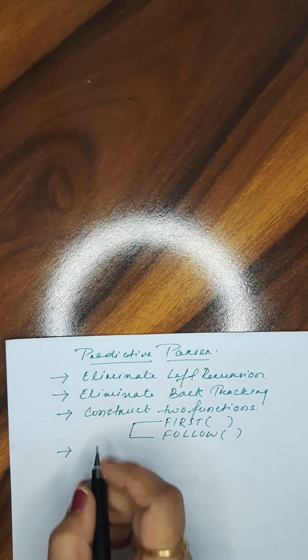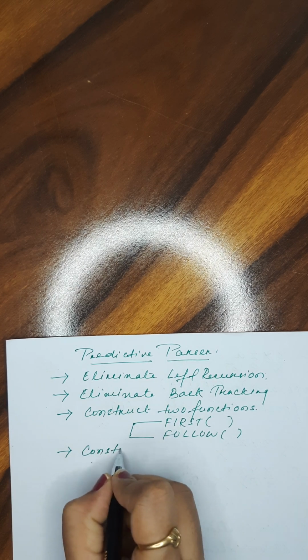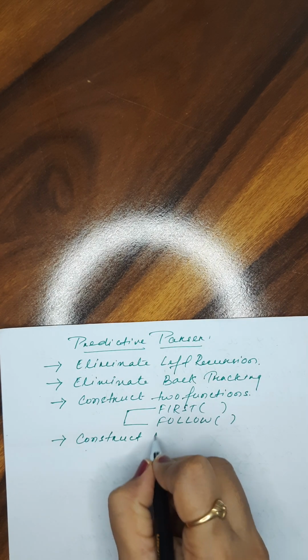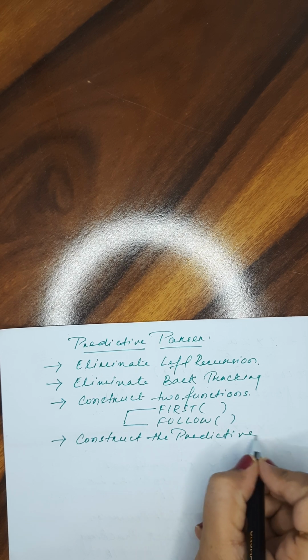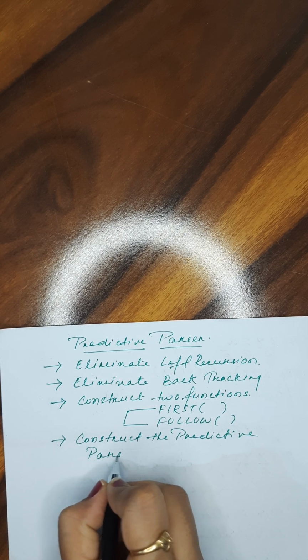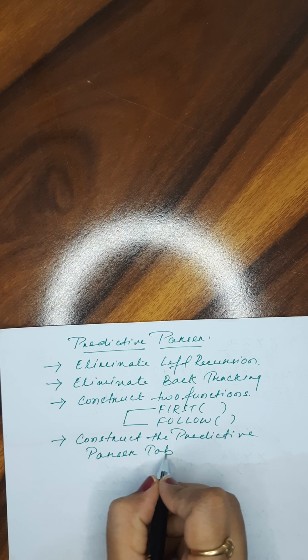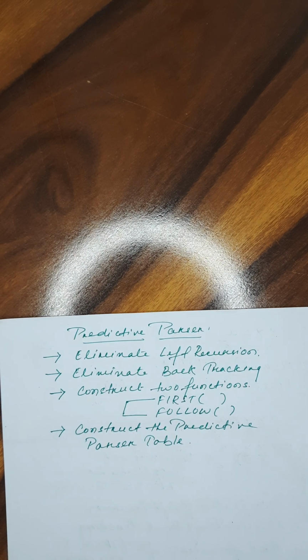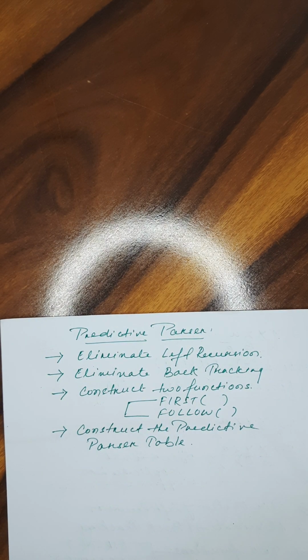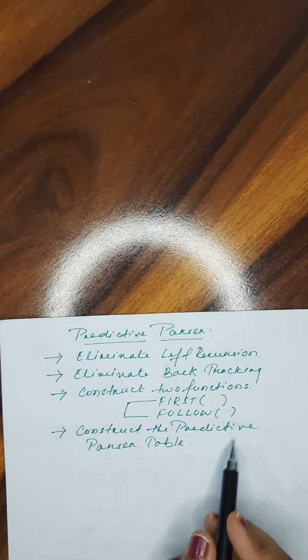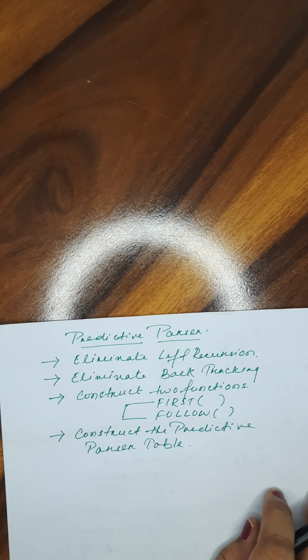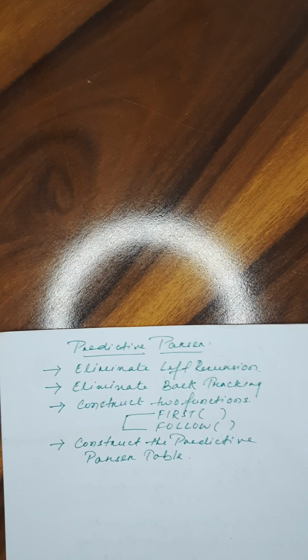Last step is construct the predictive parser table. Today in this video, we will take one more example and solve it. Then we will construct the predictive parser table. So, the example for today's class is